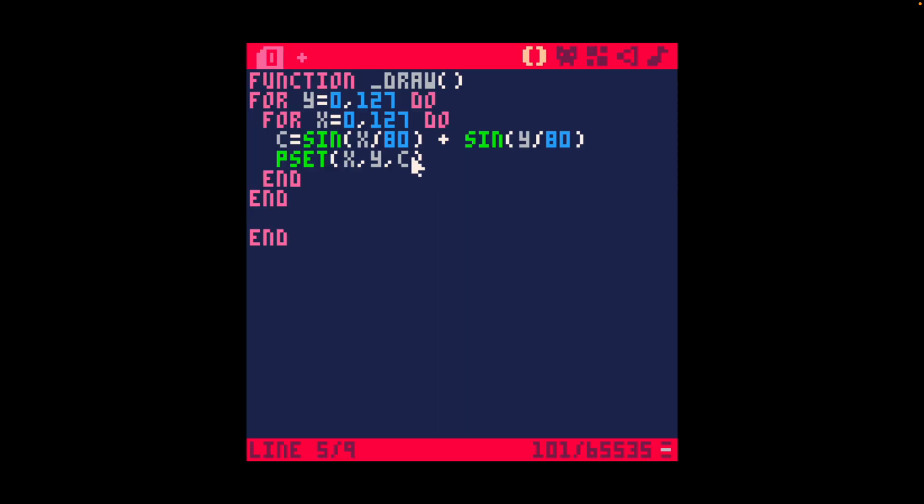So when I run it, I do get a kind of a plasma effect, and the sine values here for Pico 8 give us -1 to 1, and if we add them together, we're potentially between plus and minus 2. So we could multiply that by 4 maybe, and you can see now that we do have all of the colors